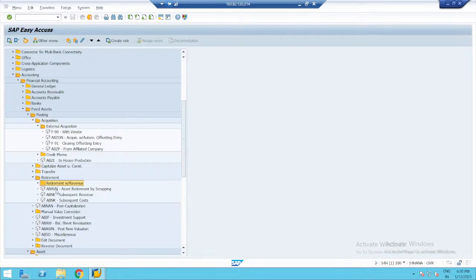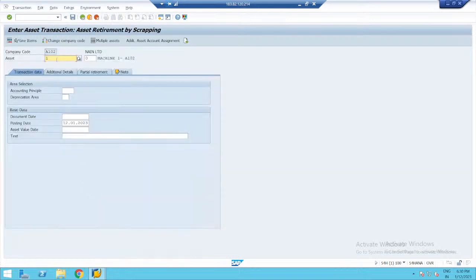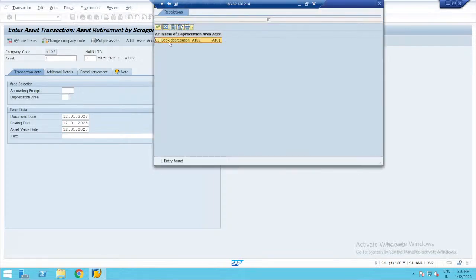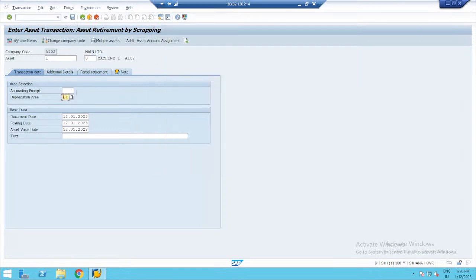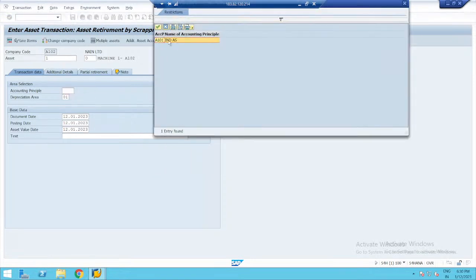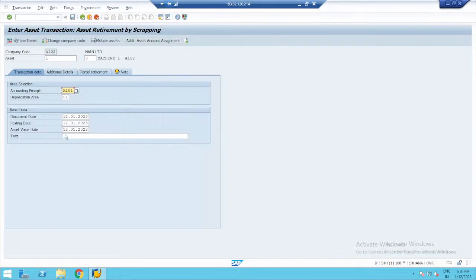Now ABAVN, it is for asset retirement by scrapping. When you scrap, you don't get revenue, as I explained to you in the previous sessions. Now here, transaction data, just enter the date, as these are the mandatory fields. You can also enter accounting principle here, depreciation area. See, this is A102, accounting principle. You can select, then you can